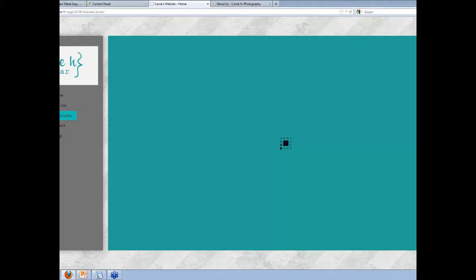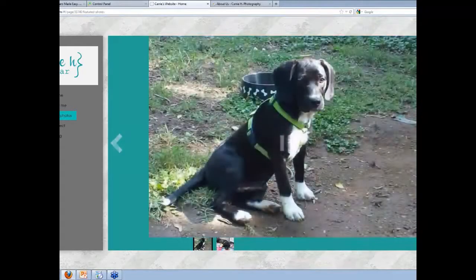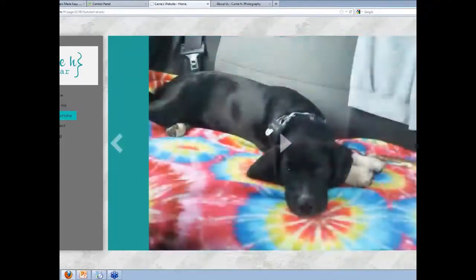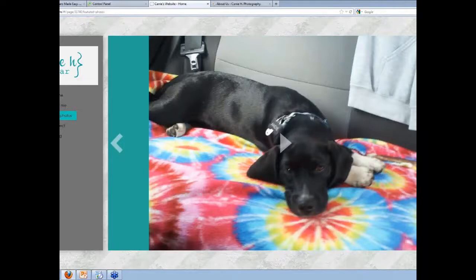As I mentioned earlier, on your website, it's a really neat idea to use a featured photos gallery. If you have photos that you've taken recently and you want to share those with your clients, put them in a featured photos gallery. That way you can share it on your Facebook, you can link back to the gallery on your website, and it's a great way to pull in traffic because I'm sure that the clients that you took the pictures of would want to share that with their friends, especially if you feature them in a particular